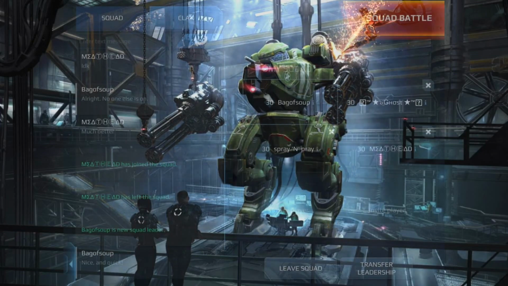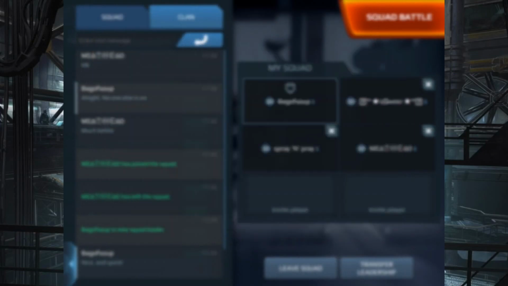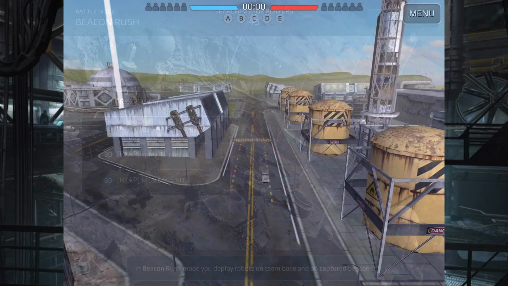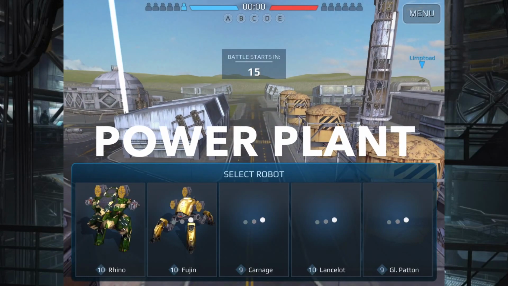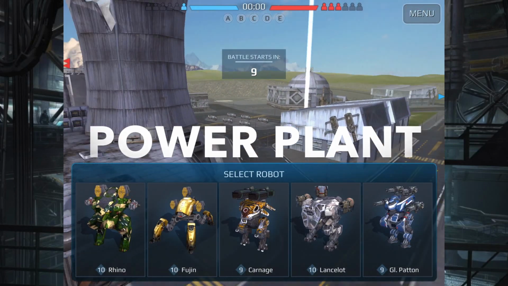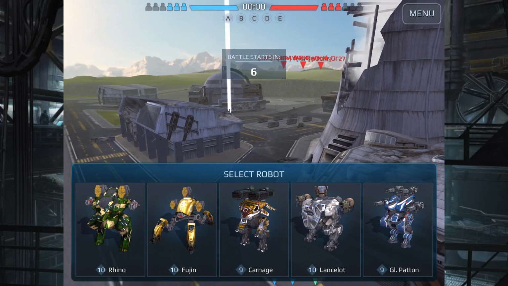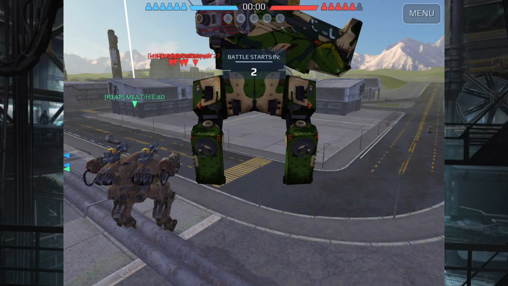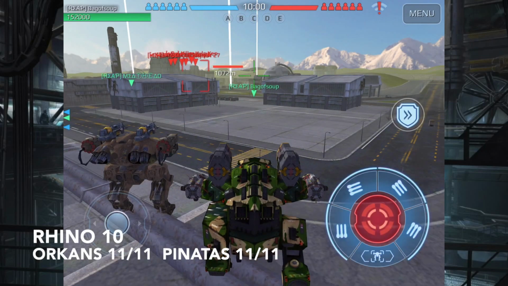So that was Dead City, and now we are going to jump in. Of course, you see the 2 modes there. We're going to jump into Power Plant, and the wait times were real quick also, which is nice considering there's 2 modes and you'd think there'd be less players in each mode and it would take longer. But we're jumping in against another clan here on Power Plant,